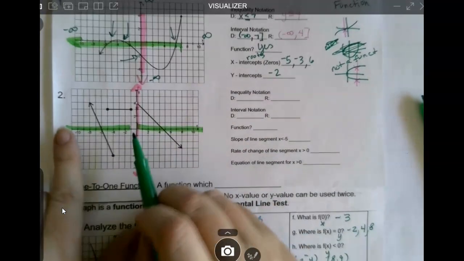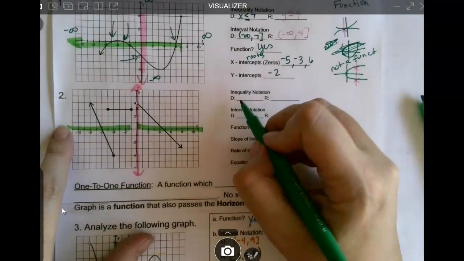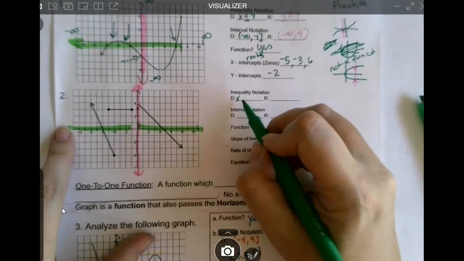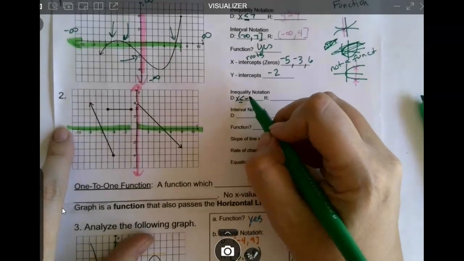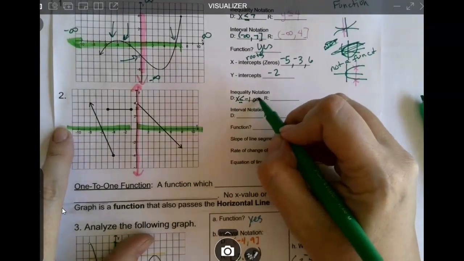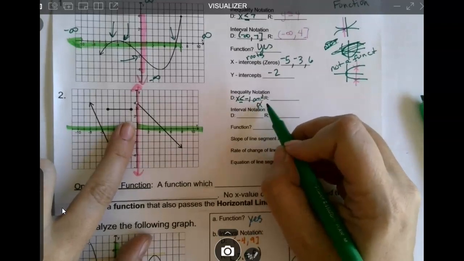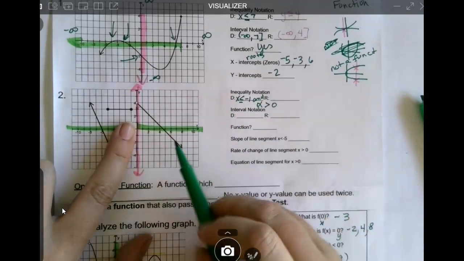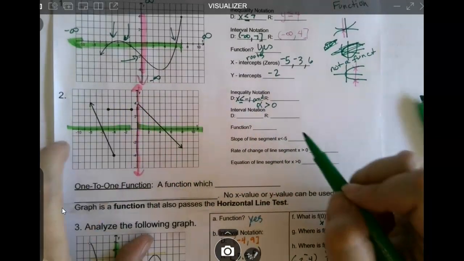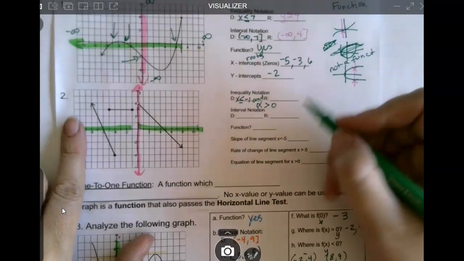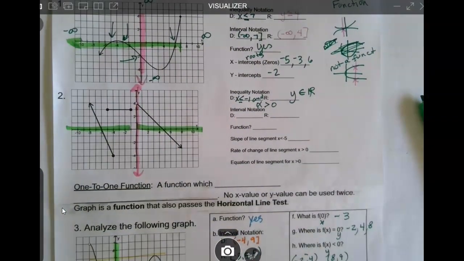So my domain is going to be in 2 parts, this part and that part. This part over here is where x is less than or equal to, because it's got a colored dot, -1, and I also have this part over here where x is greater than 0. I'm not going to include the 0 because that's an open circle. Now my y is everything here, so that one's easy. y is an element of the real numbers. All right, my interval notation is going to